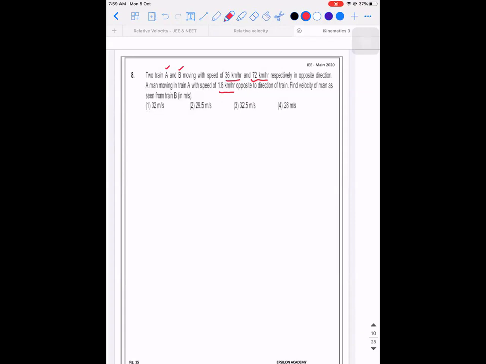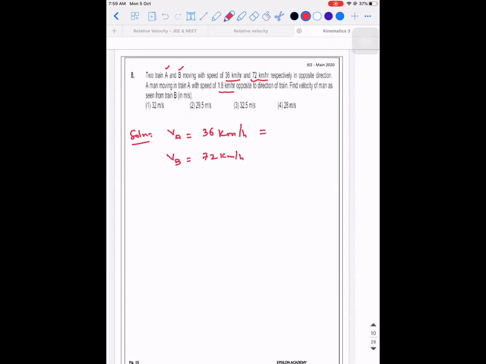So actually it's a very simple problem. You need to take the right data and apply the formula of relative velocity, nothing else outside it. Okay, now tell me how to take the data. Who can tell me? Two trains A and B moving with a speed of 36 km per hour and 72 km per hour. So what have they given? VA and VB. Okay, so VA is how much? 36 km per hour. If you observe, the answer is in terms of meter per second. That conversion will do it later. What is the velocity of B? 72 km per hour.